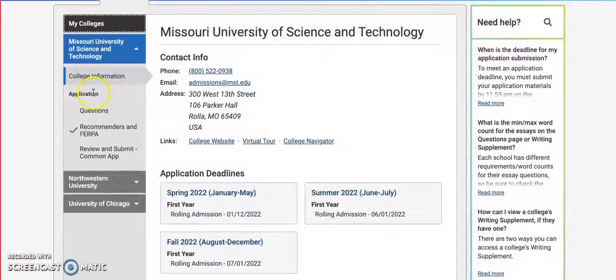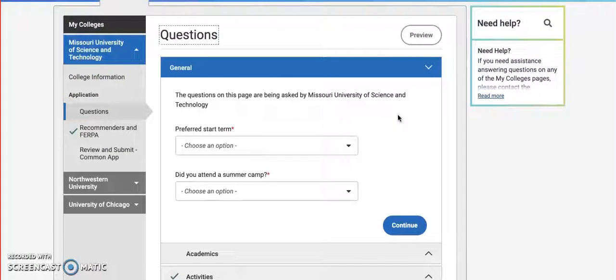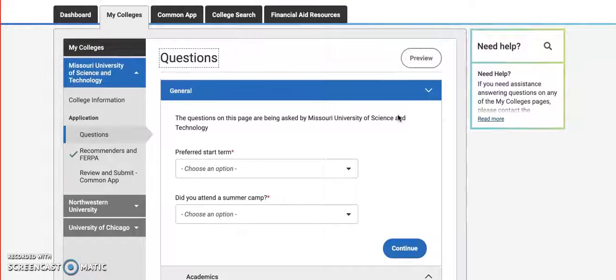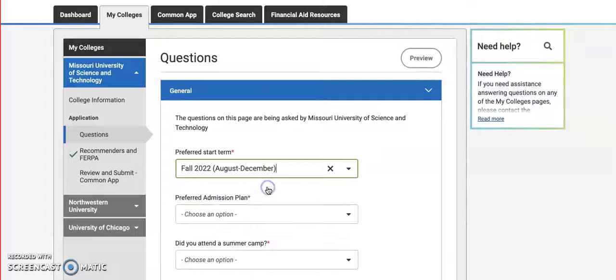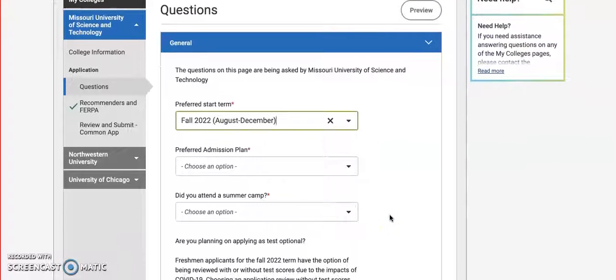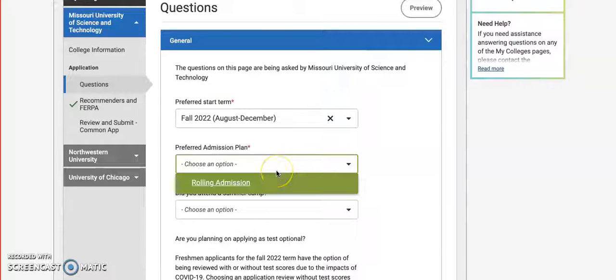The next piece that you can see under the application is questions. Now, what's important about this is these are going to be specific questions for this school. But one thing that is really, really important to do once you add a school is to complete this here. This is going to be my preferred term. So I want fall of 2022. So I select that. And then this is really the thing that you need to answer for your schools, the preferred admission plan. If I choose that, Missouri University of Science and Technology is rolling admission,